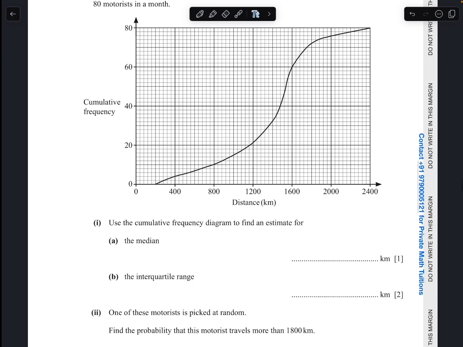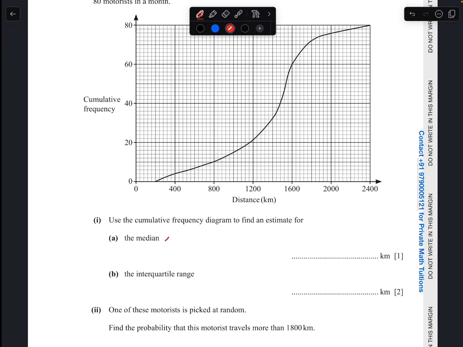So how to get the median? N is the total number of motorists, N is equal to 80. So the median will be 80 by 2, which is the 40th value. It is not 40, it is the 40th value. So find the 40th position on the CF axis